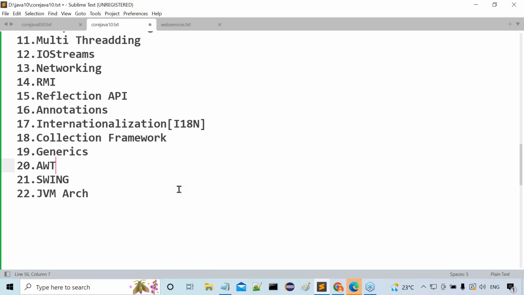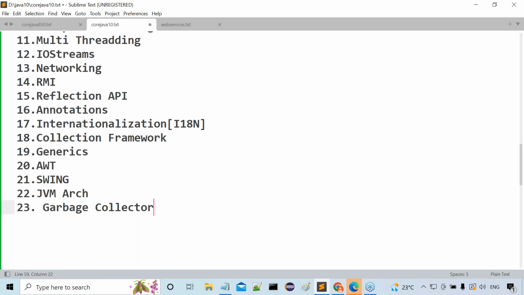Don't worry for that. Next, after completion of JVM architecture, another topic would be the garbage collector. What is the purpose of the garbage collector? Destroying objects automatically. In general, in programming, we destroy the objects ourselves. But in Java, there is a specialty. What is that specialty here? Objects will be destroyed by the garbage collector automatically.